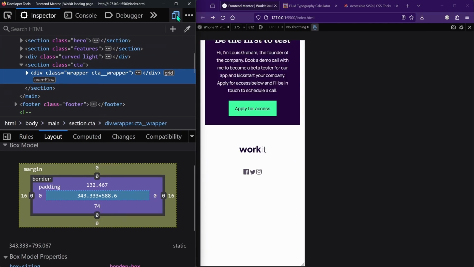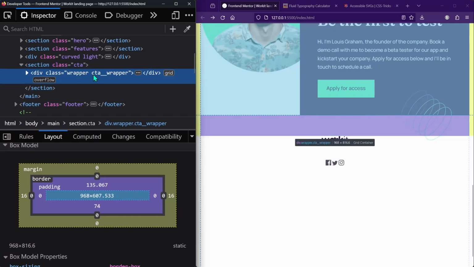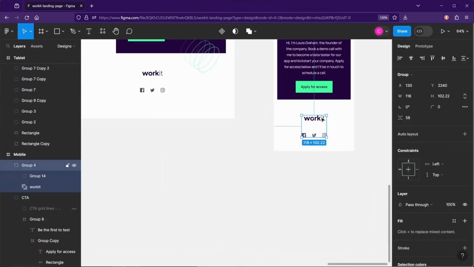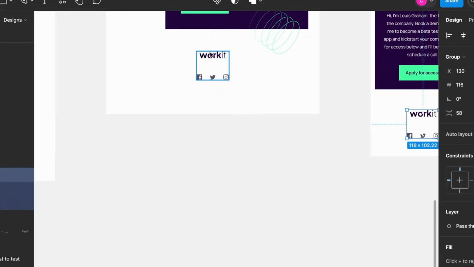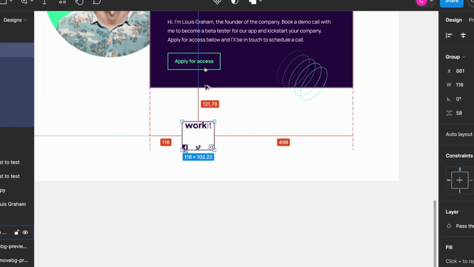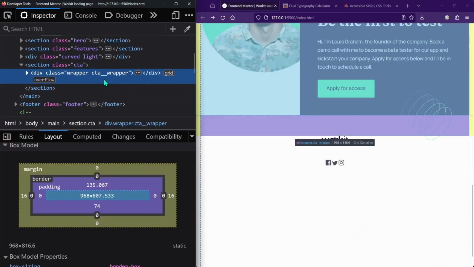And then that's for mobile. And then for desktop, it's still 74. And I think that did change. 74 for mobile. We'll just use the same for tablet. And then this one was 120. We'll just say 120, kind of round it. And the space was added in the CTA wrapper